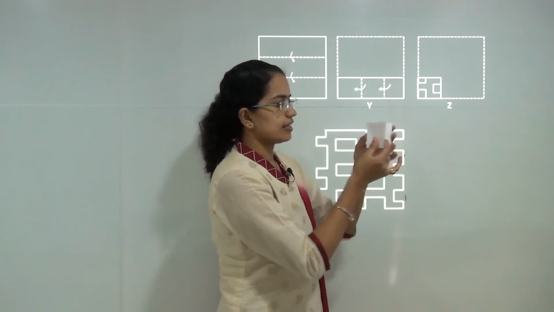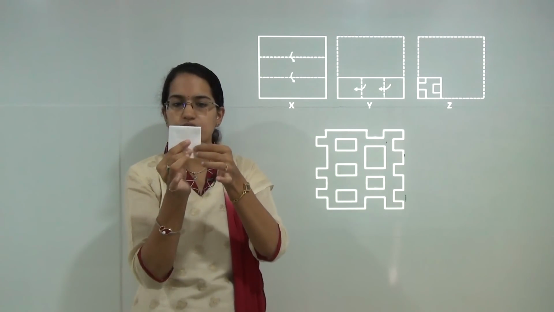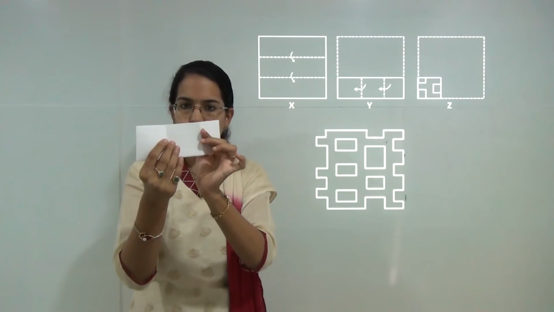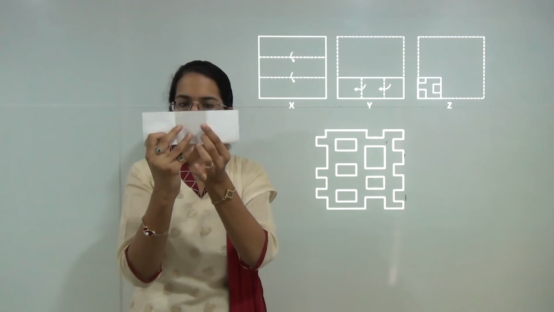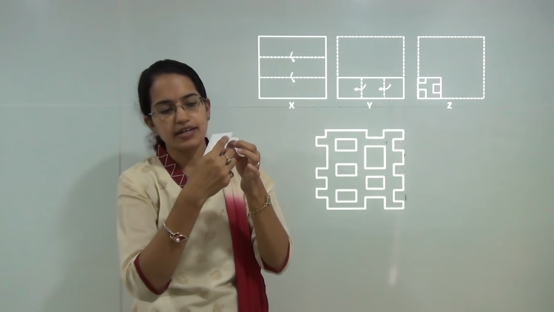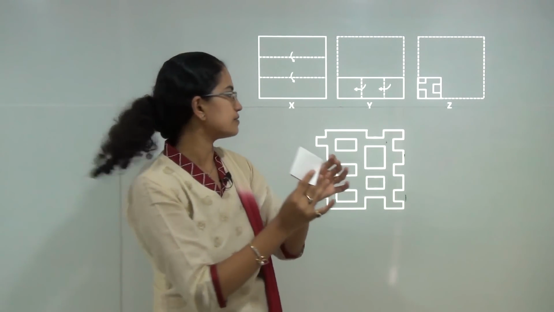I would explain again. Since there are 3 folds here, if I am cutting something out here, what would happen is, for these two which are joined, it would be a full square. If I am cutting a half square, it would become a full square here, but it would remain a half square in this case since it is alone here.